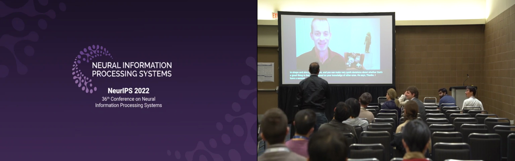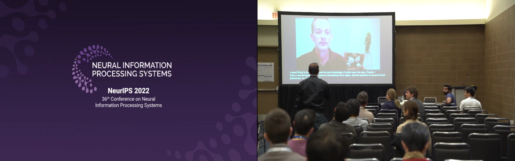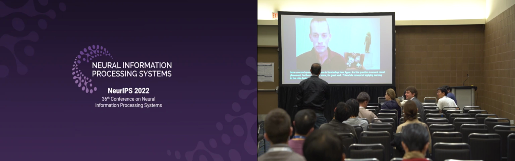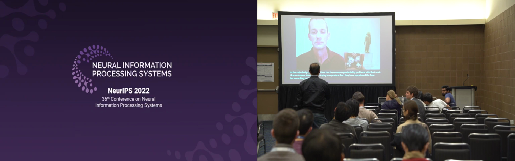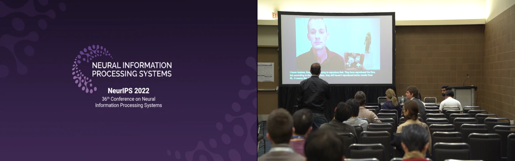Great. My name is Saurabh Adya from Apple, and the question is around circuit placement. It's great work, this whole concept of applying learning to chip design problems. There have been some reproducibility problems with that work. I know Andrew Kang's lab is trying to reproduce it. They've reproduced the flow, but according to the latest update, they still haven't reproduced better results from RL. It seems like the traditional industry tools are better, according to their designs, right?